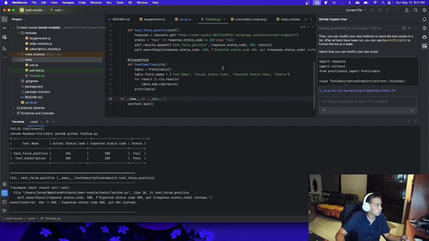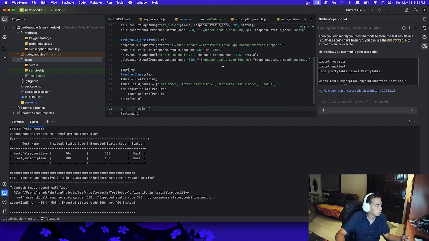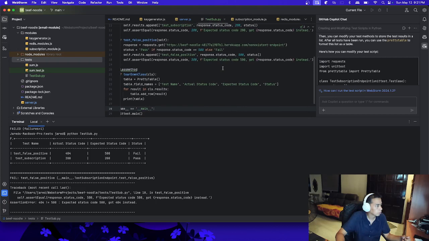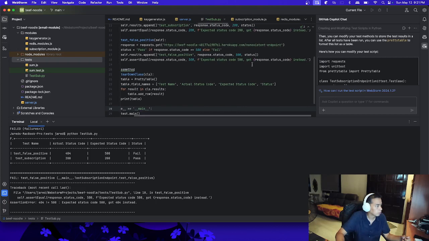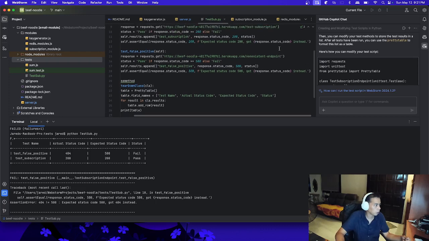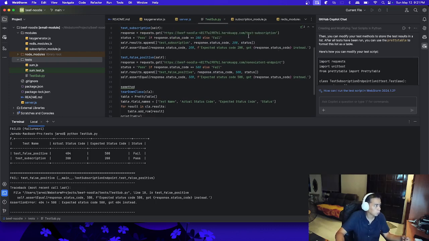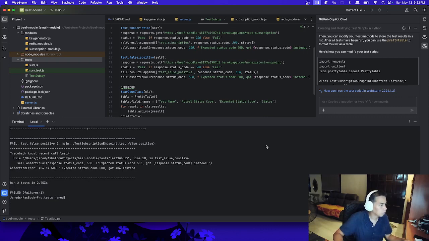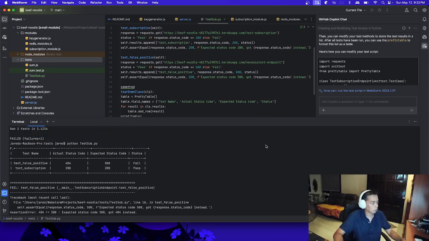Okay, so it says here it changes my non-existent endpoint as well. So we can actually change our parameters for our tests. Now we already have a tabular format.